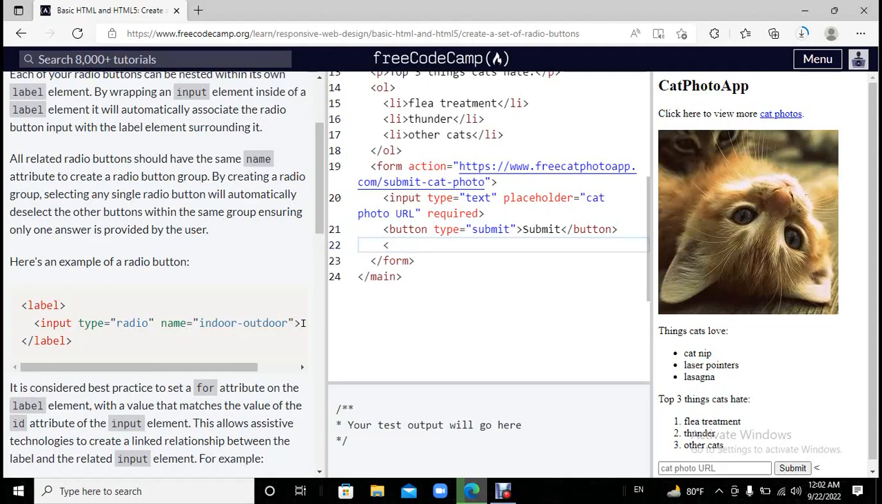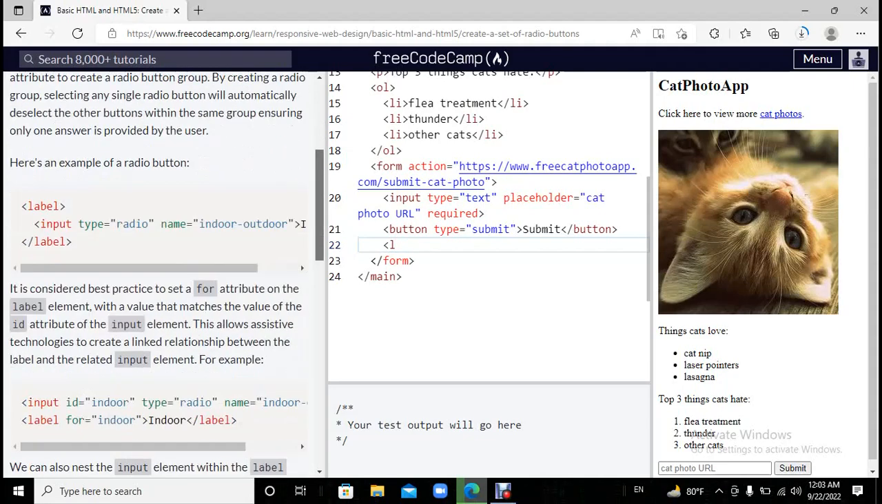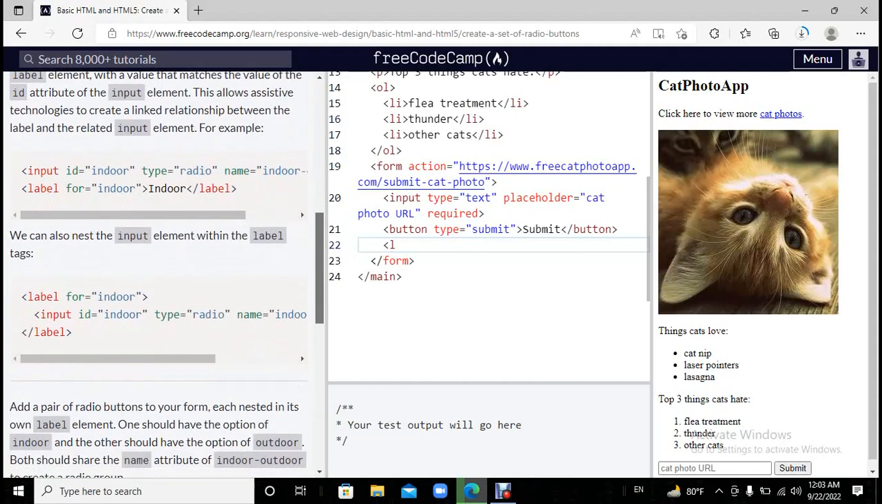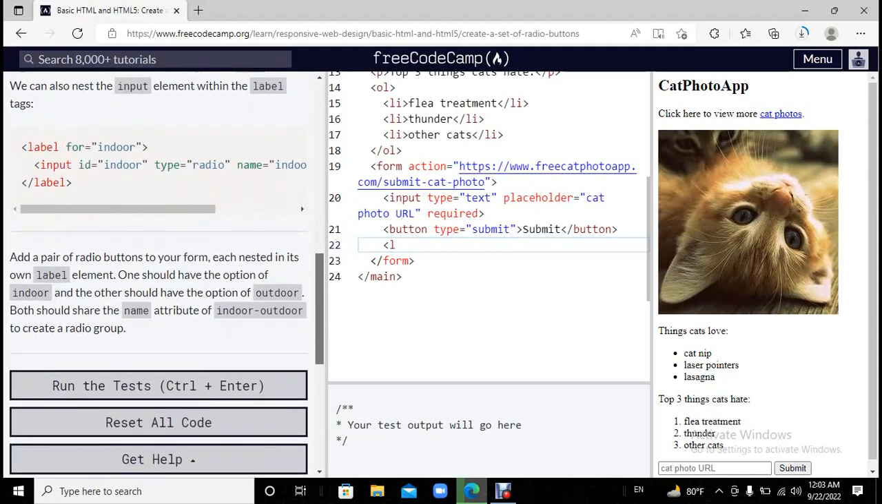Here's an example of a radio button. It is considered best practice to set a for attribute on the label element with the value that matches the value of the ID attribute of the input element. This allows assistive technologies to create a linked relationship between the label and the related input element. For example, we can also nest the input element within the label tags. Add a pair of radio buttons to your form, each nested in its own label element. Okay,